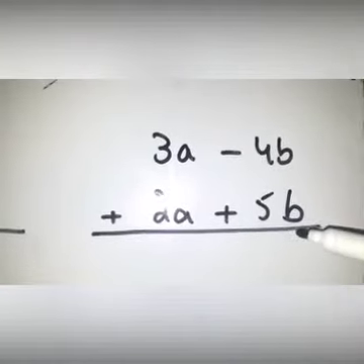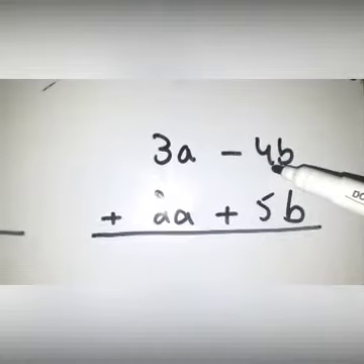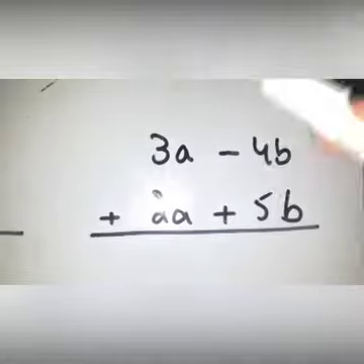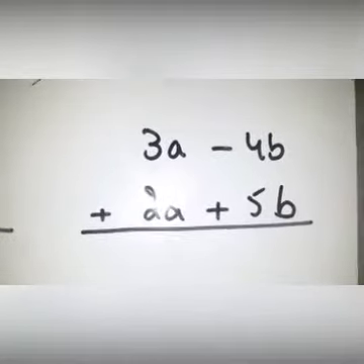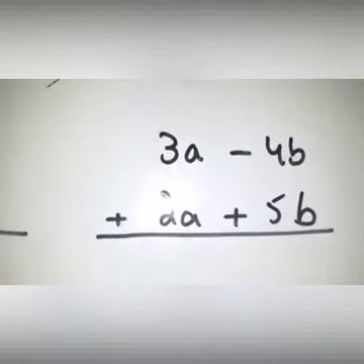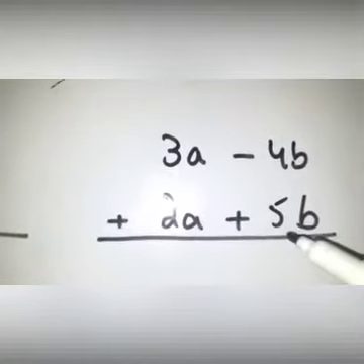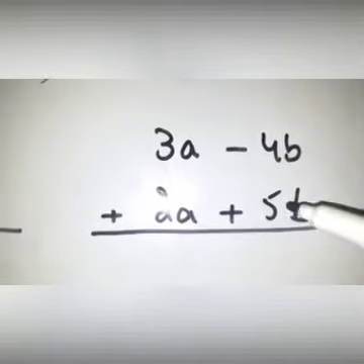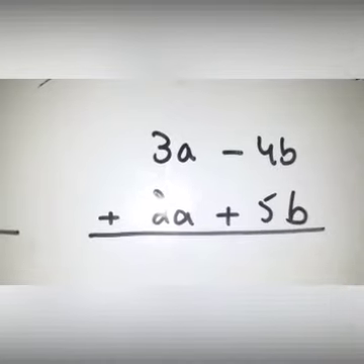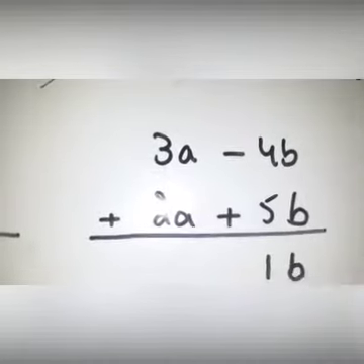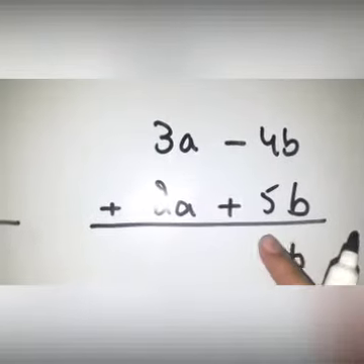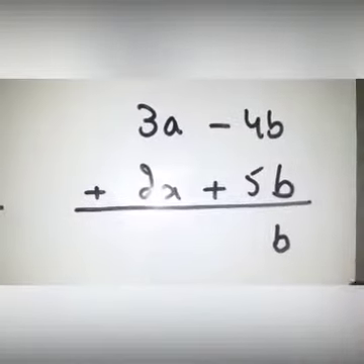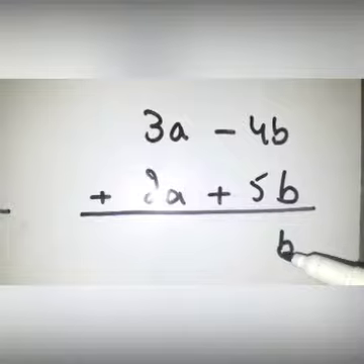4B minus 5B. If you are thinking that there is 4 and there is 5 and 5 is greater than 4, you can't subtract, so you have to take the borrow, nothing else. You can simply subtract the value in algebra if you have a greater value under the lowest value. So subtract 4 from the 5, you will have 1B. There is no value of 1 in algebra. We will not write the 1 with the B.